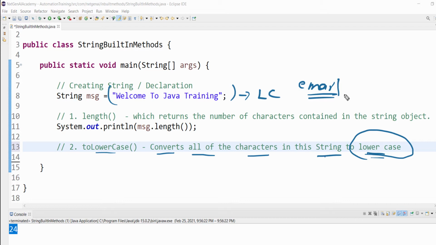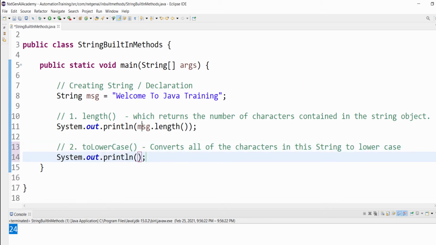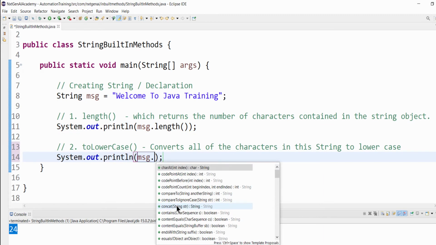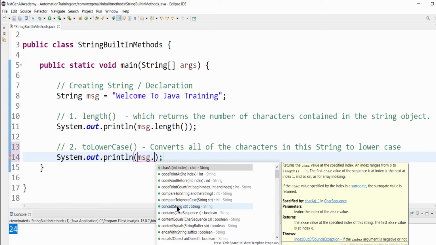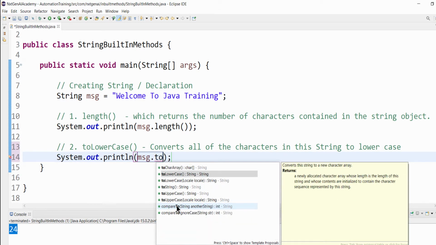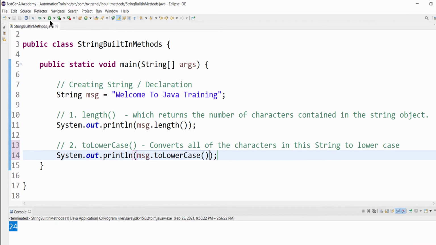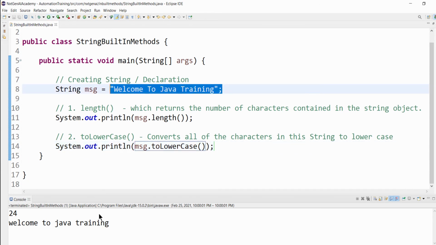Sometimes we may type capital letters also, but inside that method our input will be passed and the final output will be lowercase, and this will be saved to the database or used for validations. In the same way for automation, we will use this method in many areas, especially in the switch case. So message dot toLowerCase. Let's execute. All the characters are converted to lowercase.